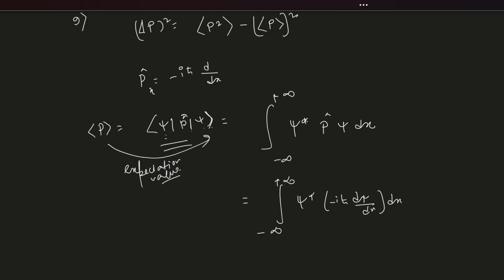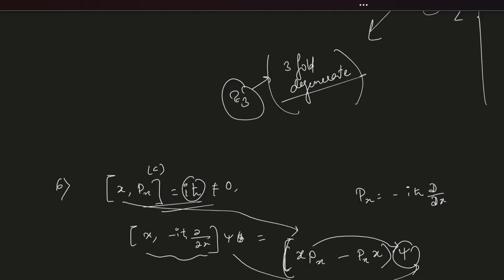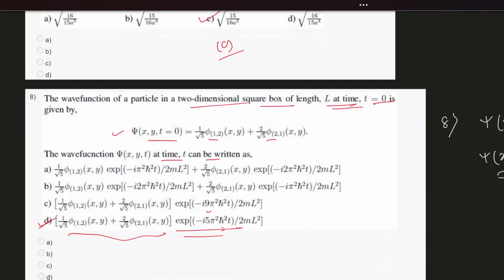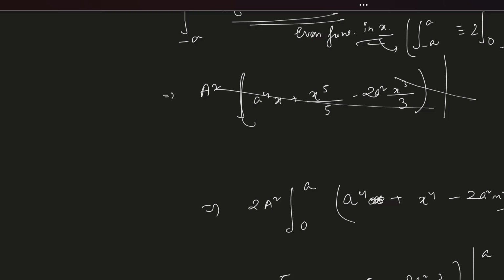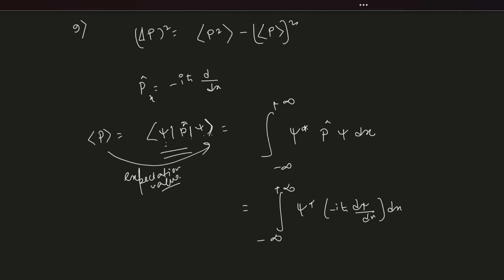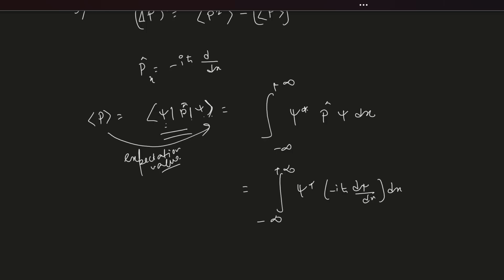Now you have this psi given to you as A e to the power of i(ax minus bt). So then psi prime, d psi dx, equals A i a e to the power of i(ax minus bt). Only the x derivative is taken, so ia is there. So this is minus ih cut